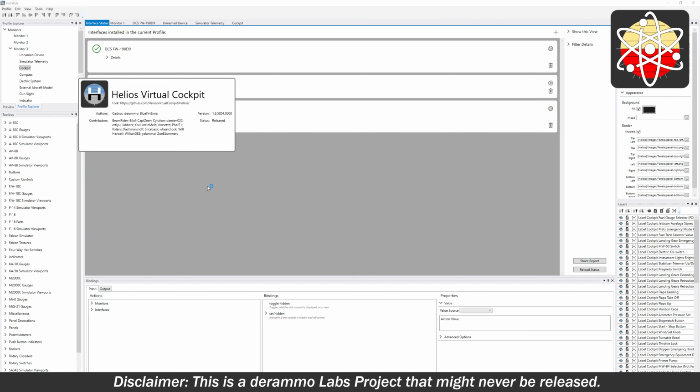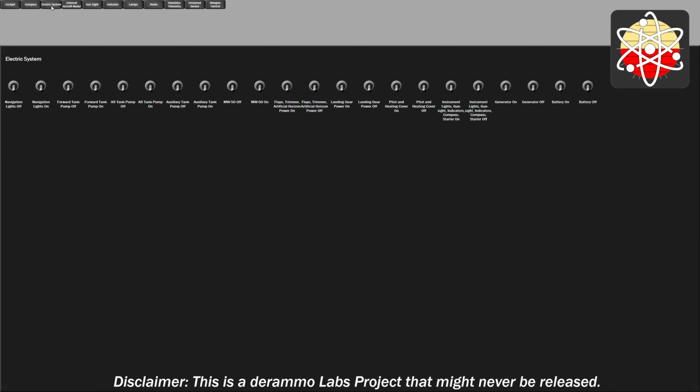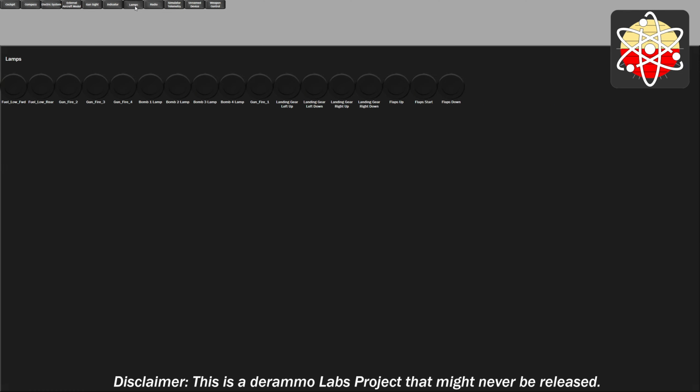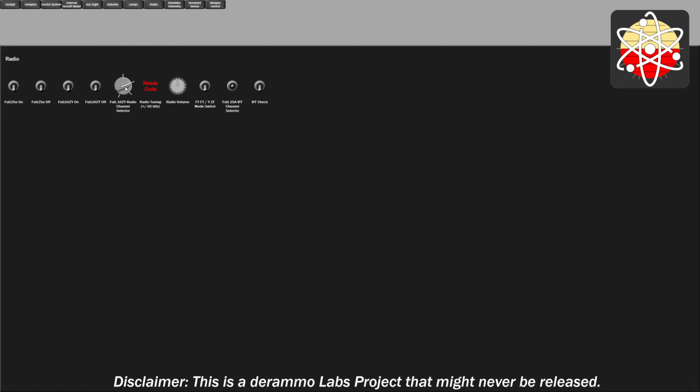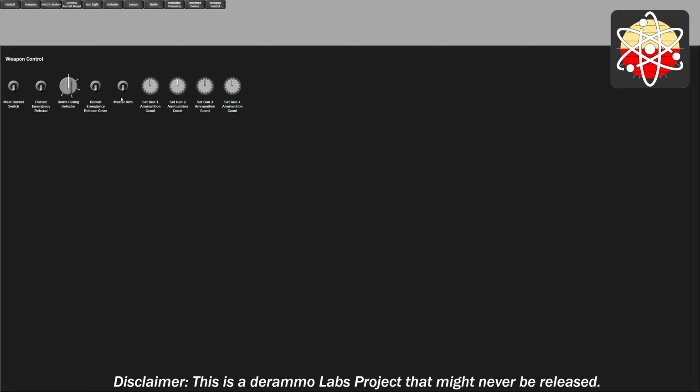Never mind the version number. That's not a real version. This is just development stuff. And if I run it, I will get this. I got an interface, and the interface is just panels that I can go to, and I can load up the sim, and I can do all these switches, and they all work, and they were all free. Some of the functions are not implemented, like master caution,